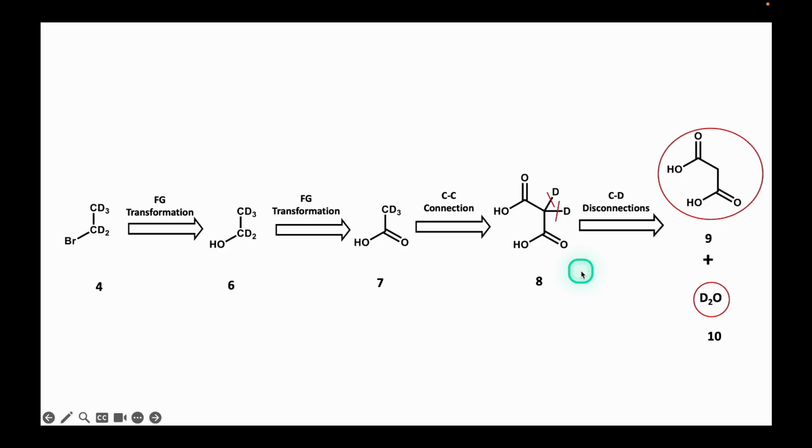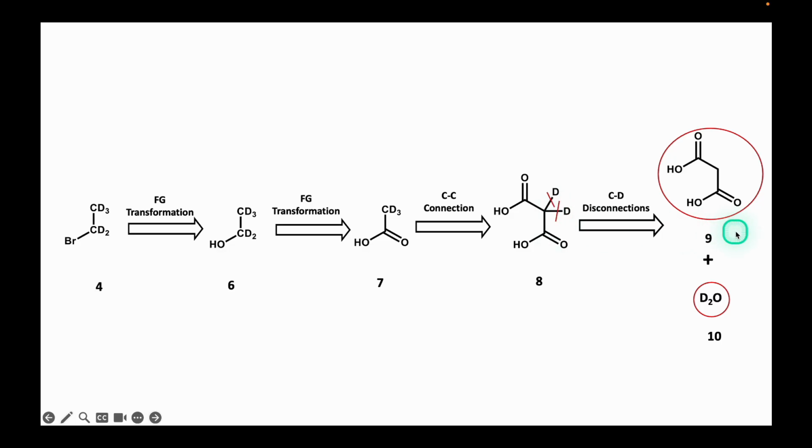The introduction of a carboxyl group in 7 forming the labeled malonic acid 8 facilitates the introduction of deuterium atoms in its alpha carbon. And thus, two carbon-deuterium disconnections in 8 generate malonic acid 9 and deuterated water, both